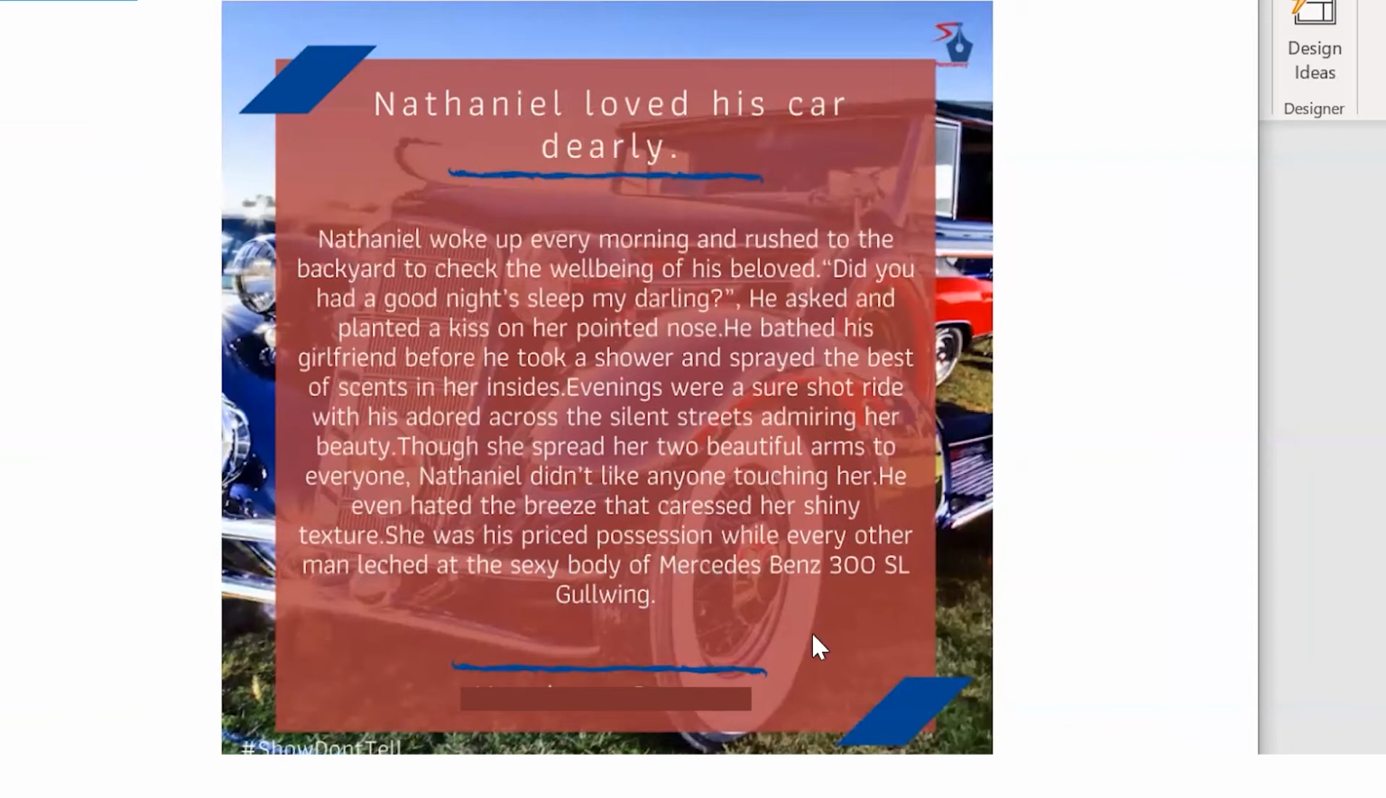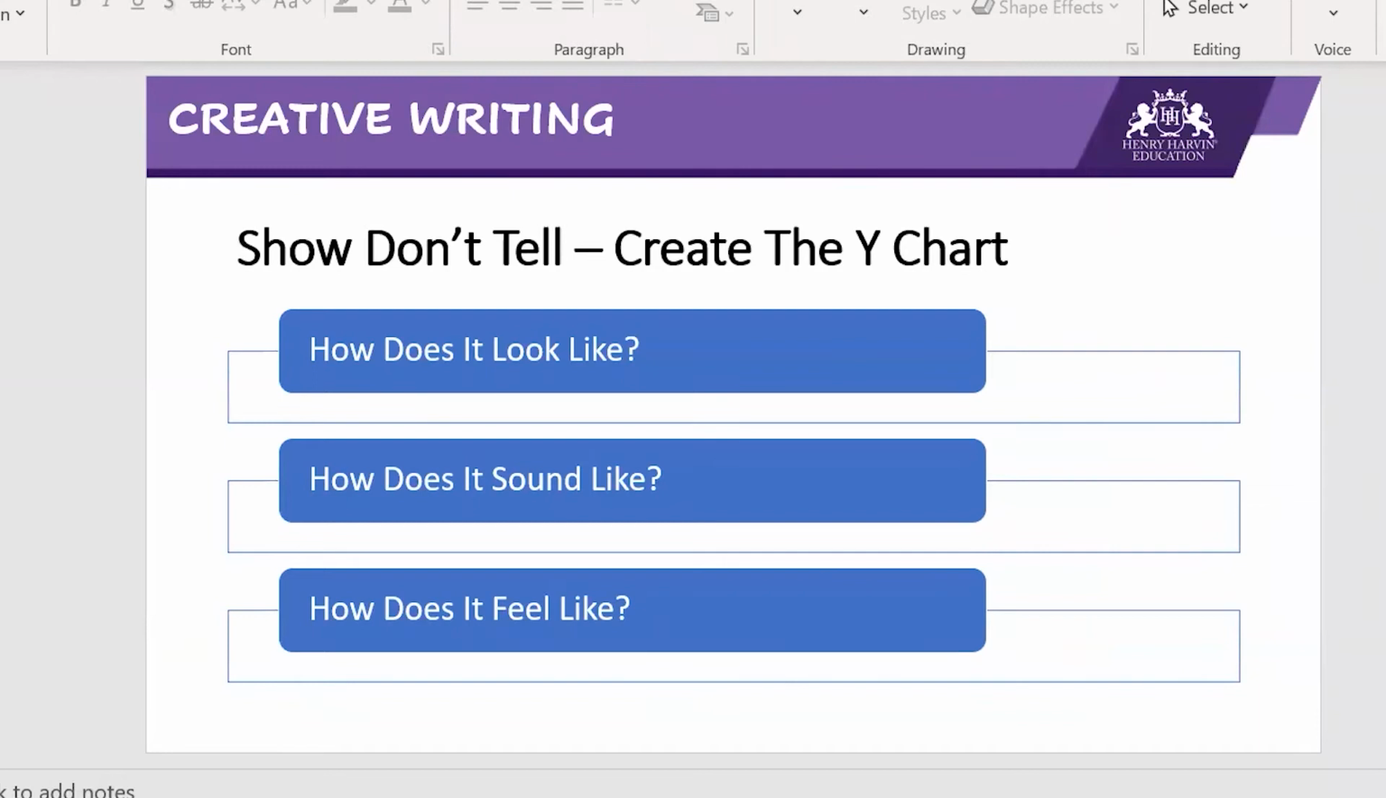So I have not used the word love anywhere, but I have very clearly described that there is a maddening love in the man for the car. Okay, so that is how you show and not tell. That is the first thing that you do, right? So when you are deciding